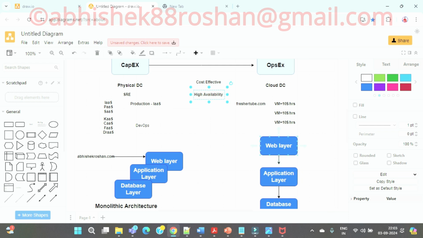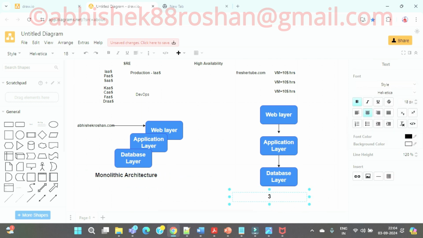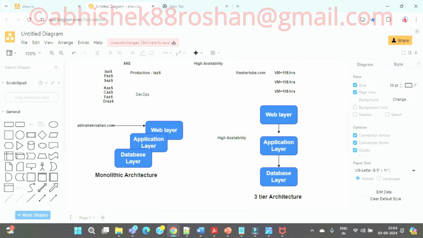So for each layer you have high availability. If any of the layers goes down, it doesn't matter, your application is up and running. And this is what we call a three-tier architecture, and you get high availability for all the layers, which is your availability zone.